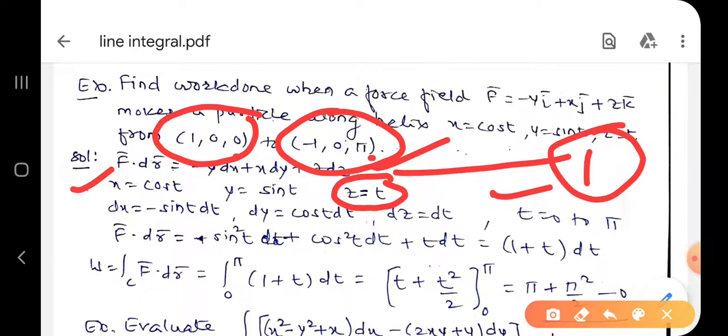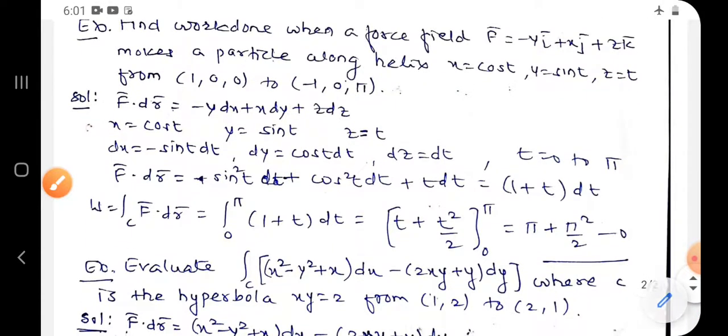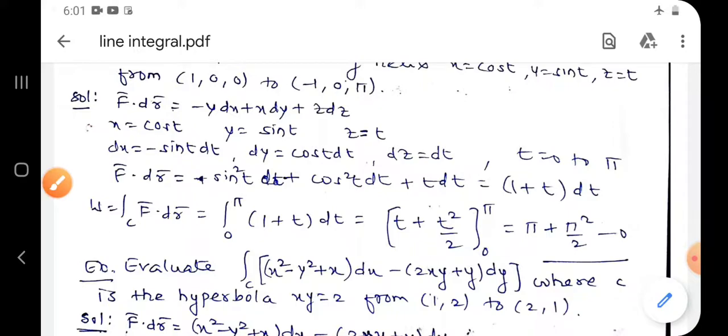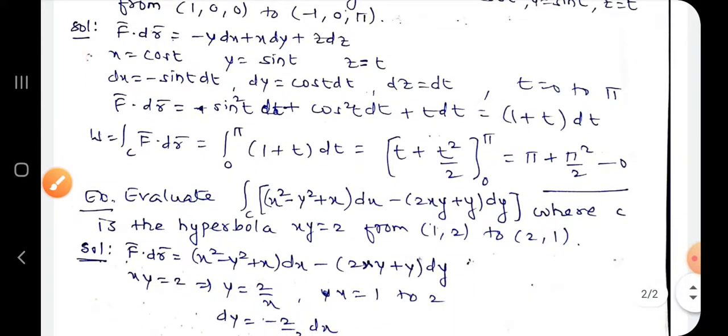If you check x equal to cos t, if I take 1, cos inverse 1 is 0. Now for minus 1, cos inverse minus 1 is again pi. So I get the limits 0 to pi. You may check for sin also, no problem. Okay, now the rest is just calculation. Put the values of sin and cos, and you will get 1 plus t dt. You check the calculation yourself and get the answer. Correct? I hope you will find the answer.